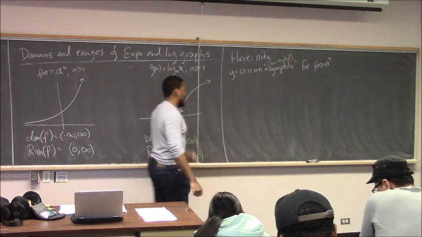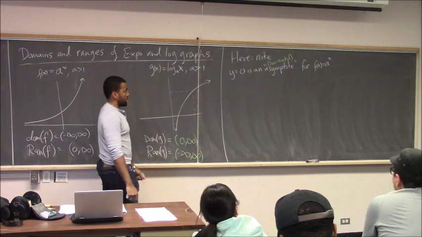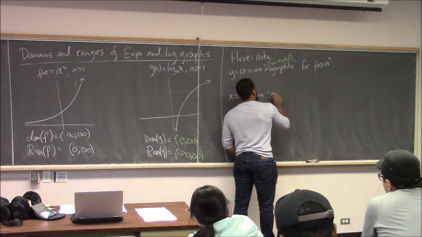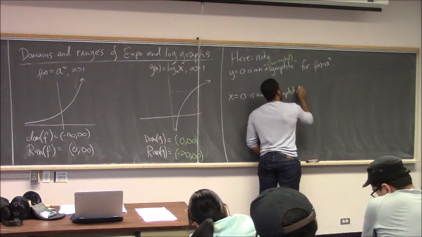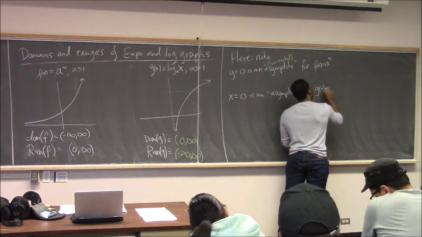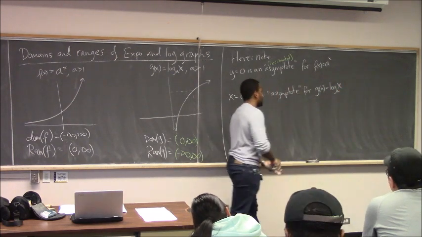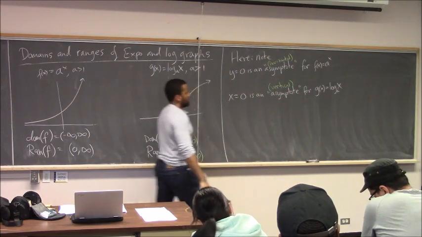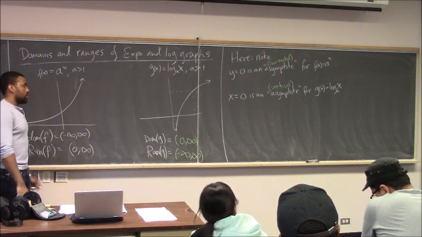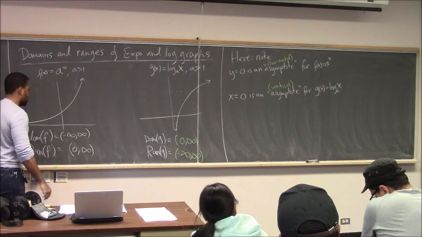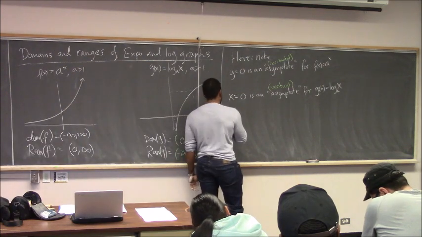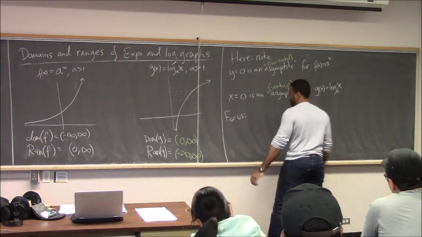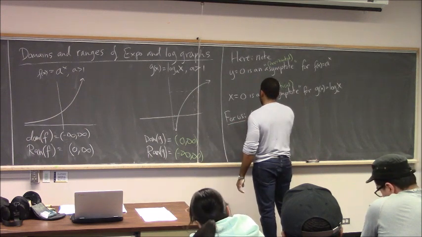There are other kinds of asymptotes. An asymptote can actually be a curve, but in this case they are actually straight lines. And x equals 0 is an asymptote for the log graph. So logarithms will have vertical asymptotes. Also something they tend to ask you, I don't really want to go too much into asymptotes now, but for us, not the best way to think about it, but in pre-calc it's okay for you to think about it this way for now. So for us, an asymptote